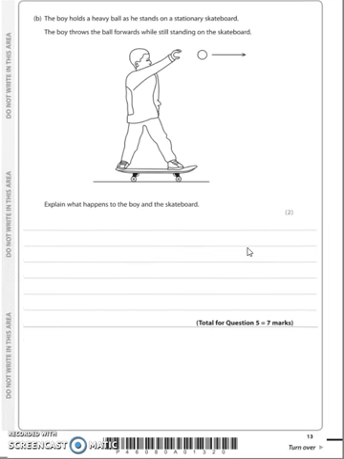Now, the boy holds a heavy ball as he stands on a stationary skateboard. The boy throws the ball forwards while standing on the skateboard. Explain what happens to the boy and the skateboard. We're only looking for 2 marks here, but it is explained, so we're looking to use that word because. So boy and skateboard